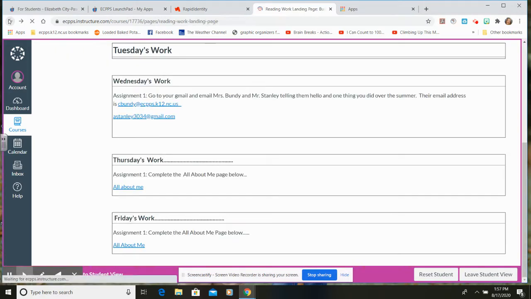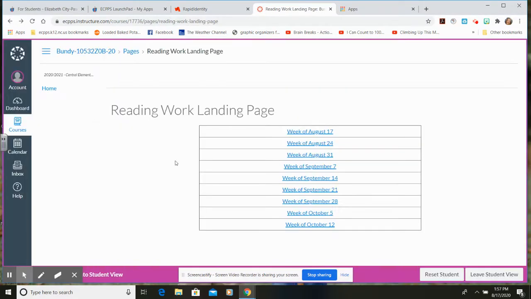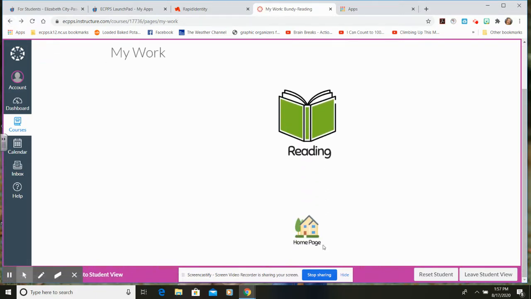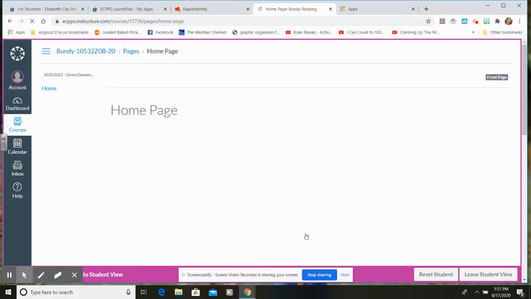All right, and then of course next week when they log on, they'll go to the next week of August 24th, and they'll see their work in there for that. Okay, so that's pretty simple with work. Okay, the next button on the home page that is extremely important